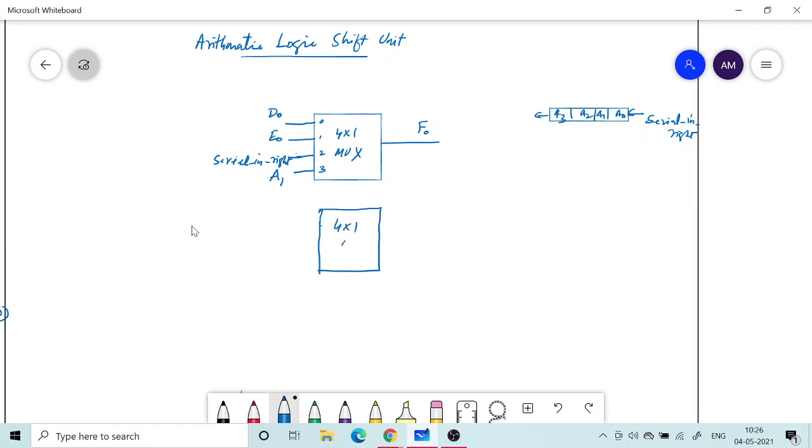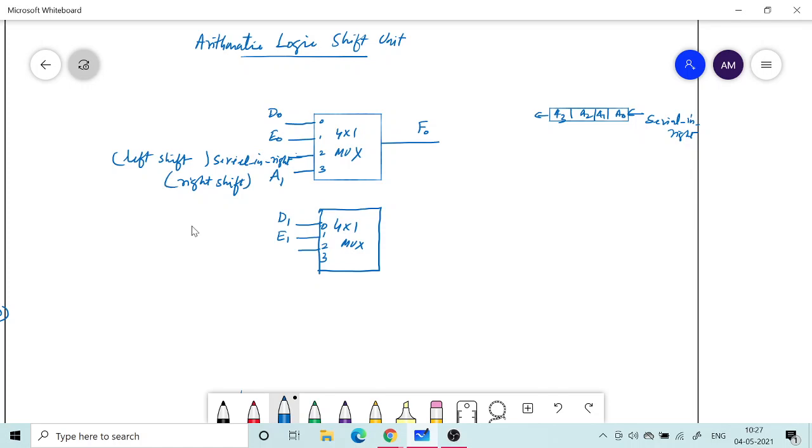And a similar thing I have to now do for the other bits also. So again a 4x1 mux with inputs 0, 1, 2, 3. Here I will give my D1, then for the logic operation output I give E1, and here for left shift, so this is basically left shift, and this is basically right shift.